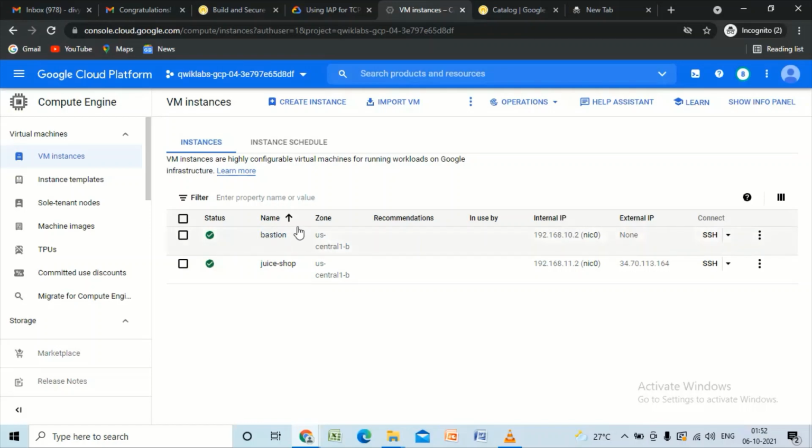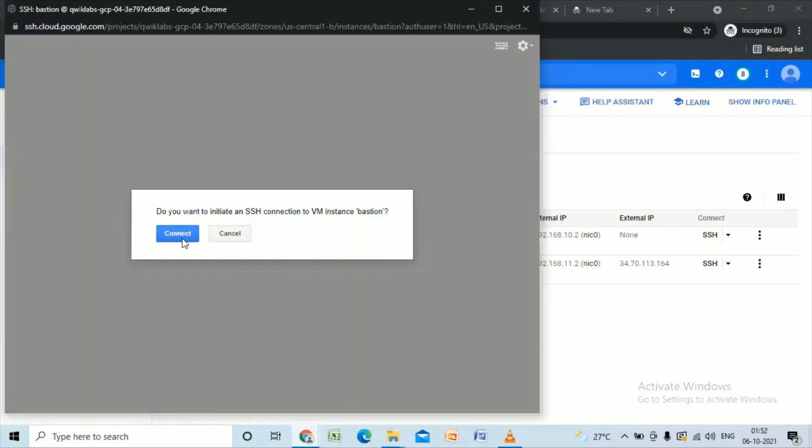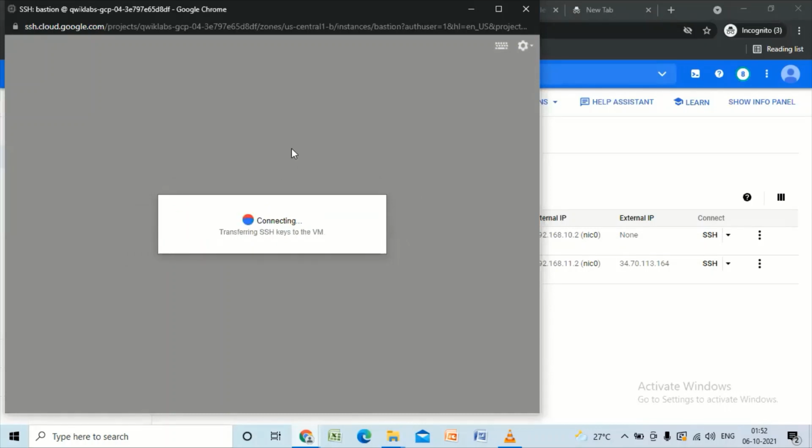For the Bastion instance, you need to click on SSH. Click on Connect.